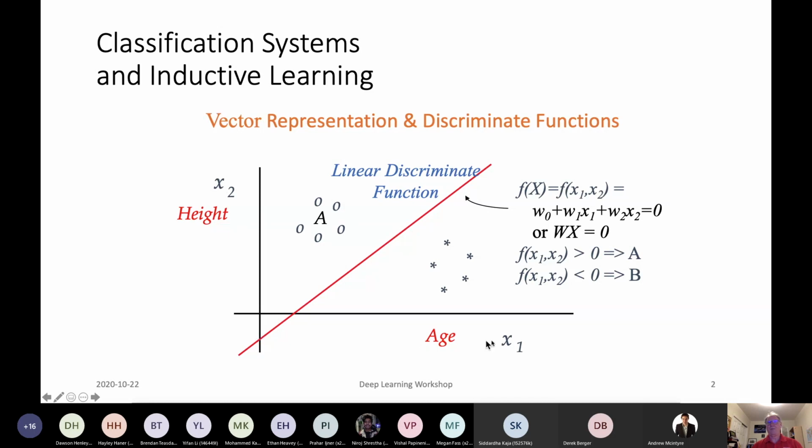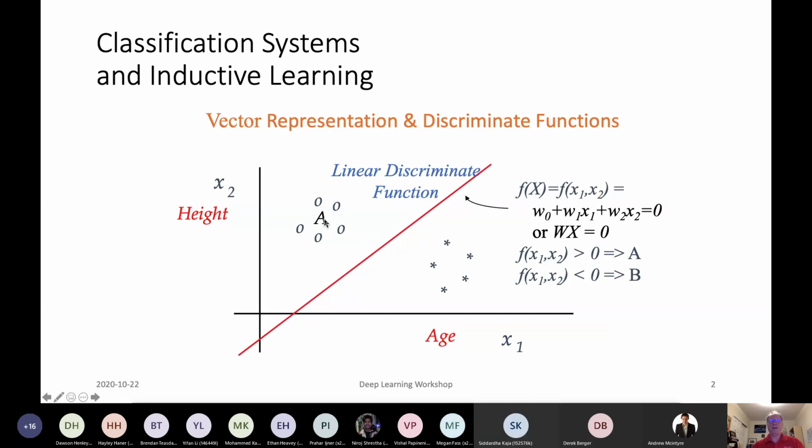Just as an example, on the x-axis we've got age, and on the x2 axis we've got height. This is meant to be two different classes of people who are distinguished based on their height and age. The red line is a discriminant boundary that separates those two. So this is a classification problem, sometimes called a concept problem.